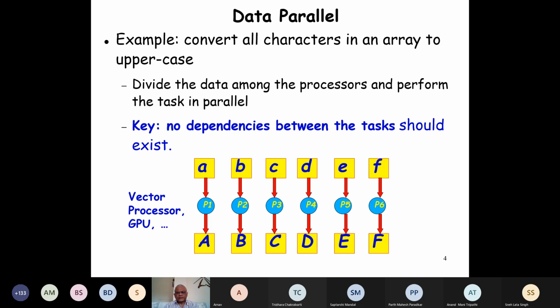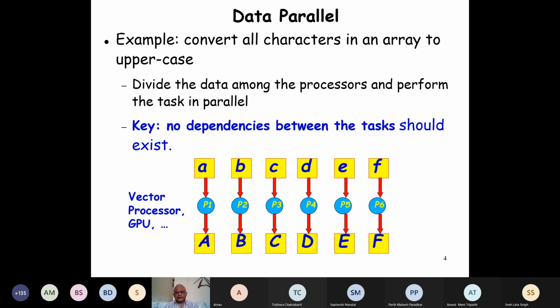But one thing to notice is that each of these processors can carry out their work without really expecting results from the other processor. If the result produced by one processor is to be used by another processor, we call that a dependency in computation. And when there is dependency in computation, data parallel becomes totally bogged down. It cannot make good progress. It's a bottleneck.